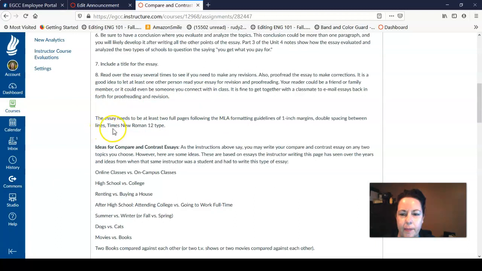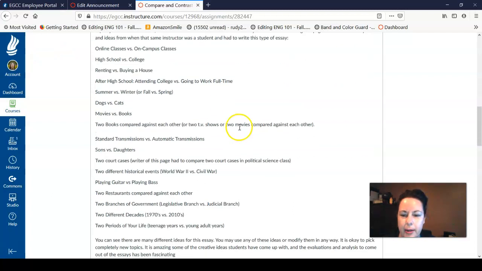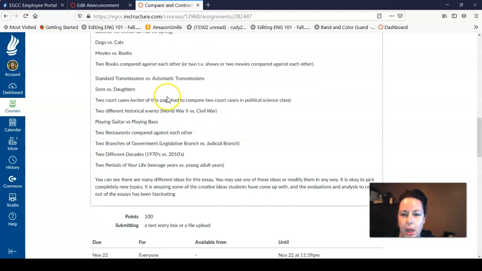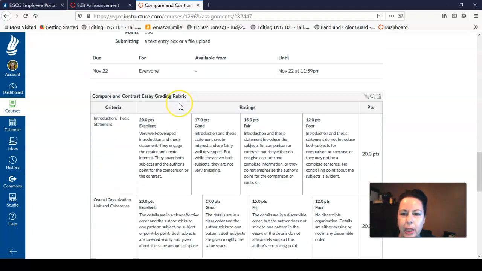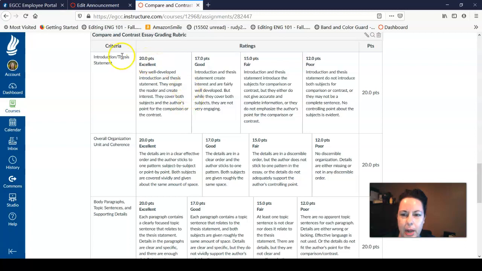And then also on our announcement for the week, I have the sample of what it looks like for MLA formatting. Most of you are getting that, and that's wonderful, but there's still a few little tweaks and things that some people need to make. So be sure to read the feedback on previous essays. All right, so again, here are the different topics to choose from. And here, if you're not scrolling all the way down, you may end up missing this rubric. This is the exact same rubric that I will be using